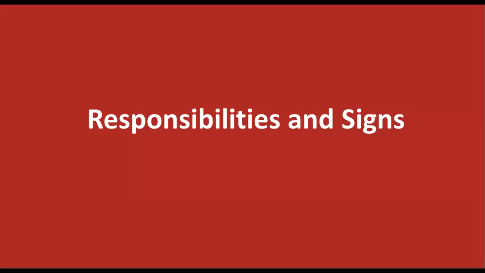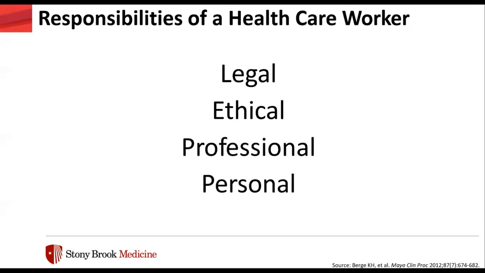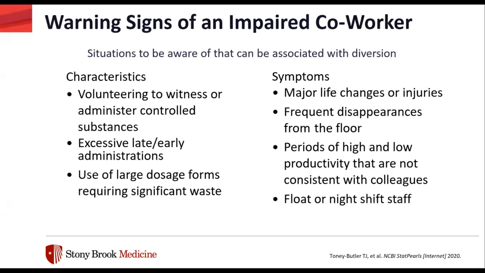So just getting into responsibilities and signs. As healthcare workers, we have a legal, ethical, professional, and personal responsibility to not only protect our patients, but also look out for our coworkers. So what are the common warning signs for an impaired coworker that may be diverting drugs? Certain characteristics include volunteering to witness or administer controlled substances when it might not be their patient, excessive late and early administrations, use of large dosage forms requiring significant waste,